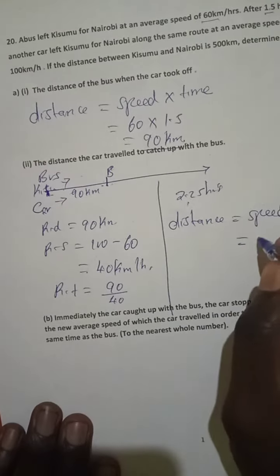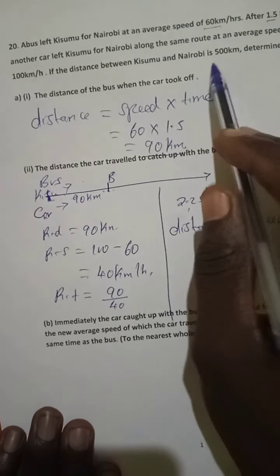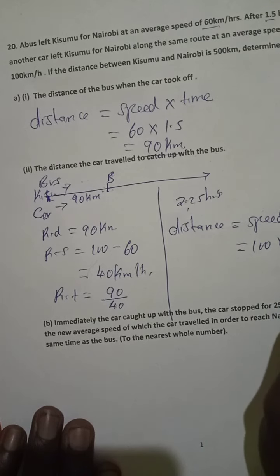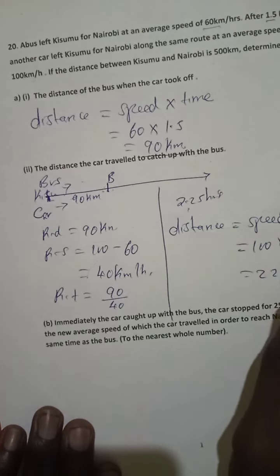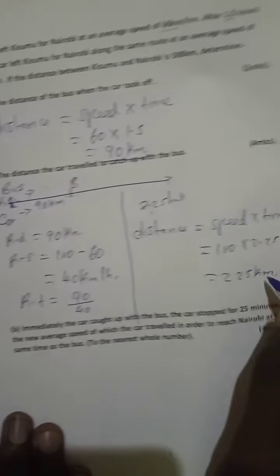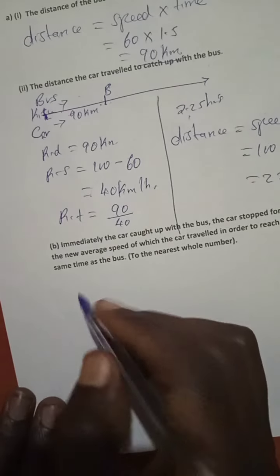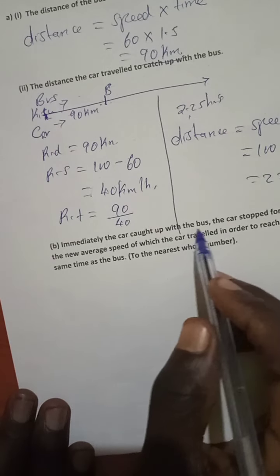That means you're talking about 100 kilometers per hour as the speed of the car, times 2.25, which gives us 225 kilometers. So the car traveled 225 kilometers to catch up with the bus. Then the last question here: immediately the car caught up with the bus,